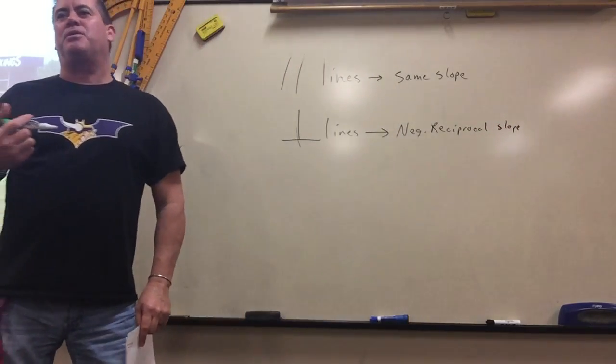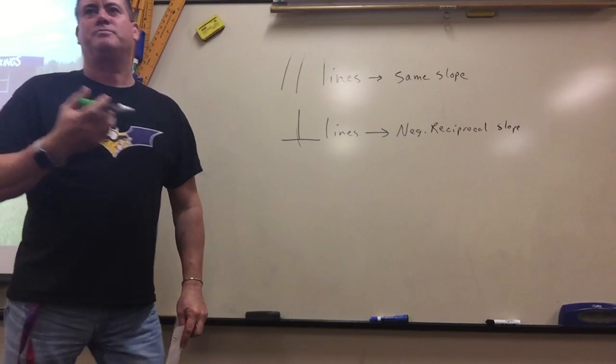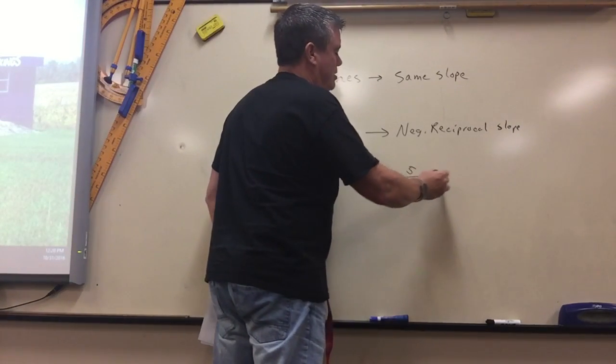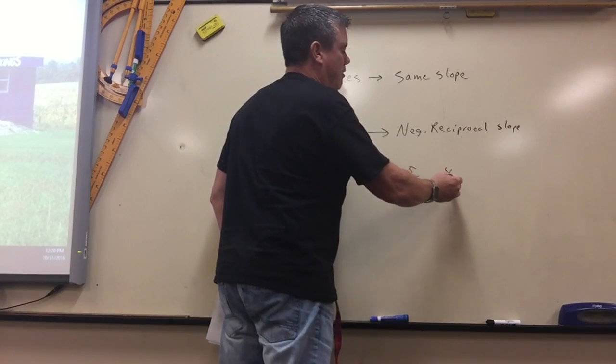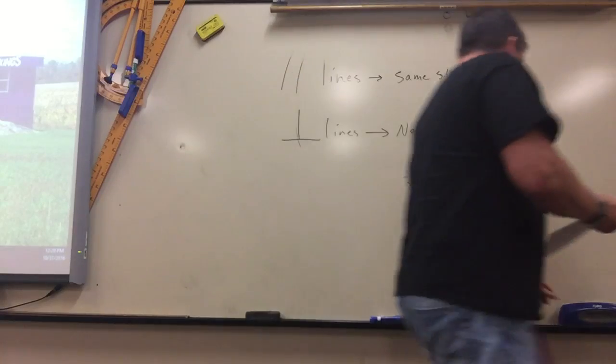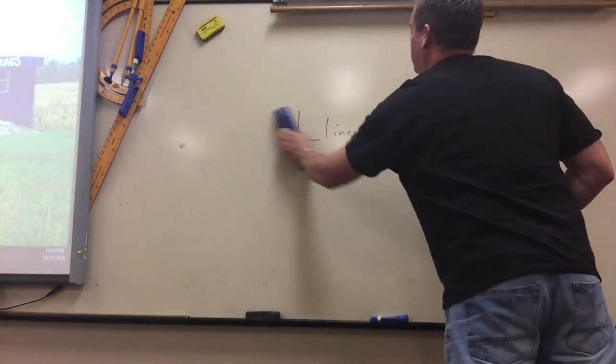It's negative reciprocal because negative means opposite. So like if one slope is 5/4, the other one would be negative 4/5. Okay? So the first part,